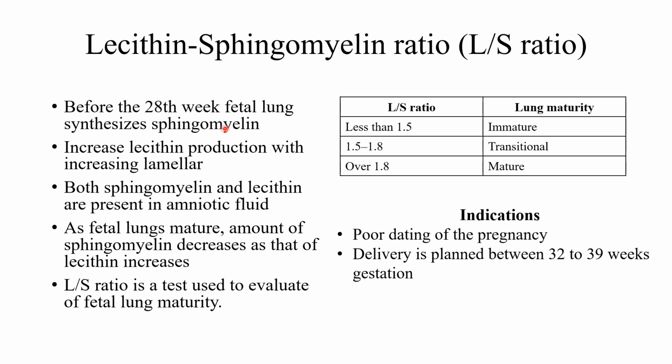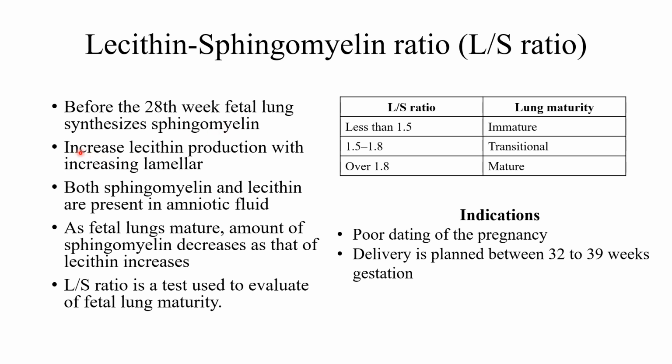This sphingomyelin does not play a big role in gaseous exchange. Remember, even at this time, the lungs of the baby are filled with fluid because gas exchange is being done at the placenta. But as the child continues maturing and the alveolar type 2 cells are forming,